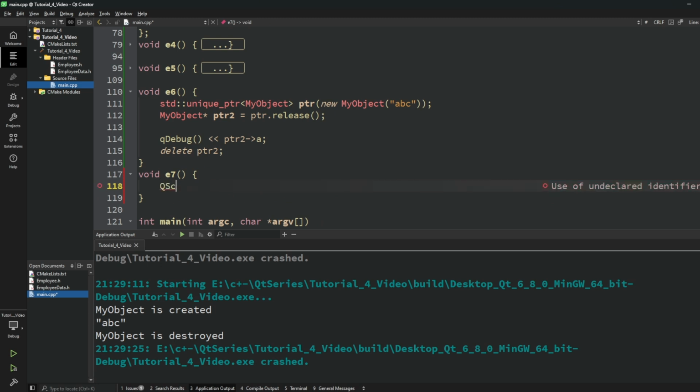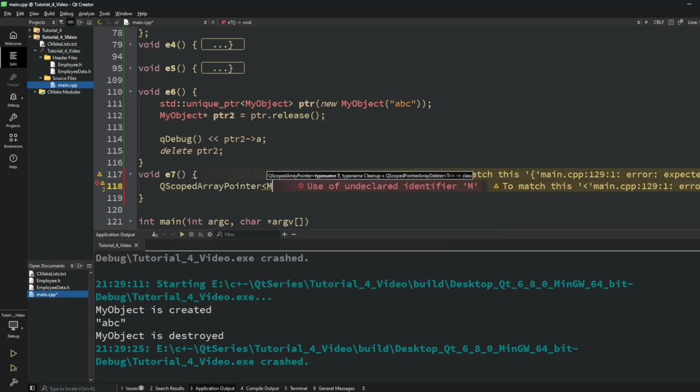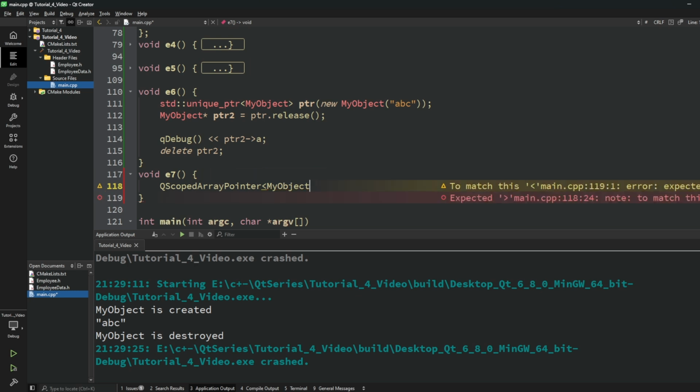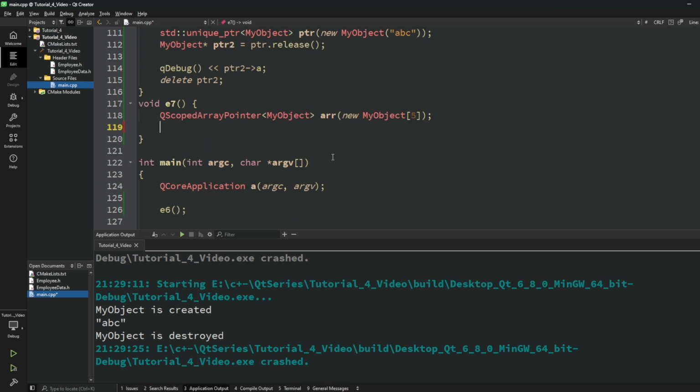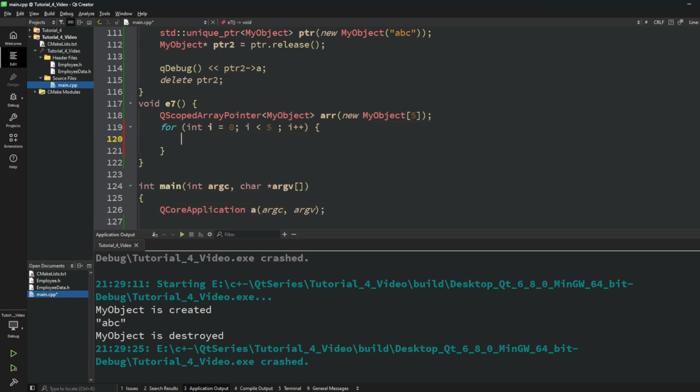Here let's create a QScopedArrayPointer to my object, called array, new, and create it with a length of 5. Let's assign some values to it. So int i equals 1, i less than 5, i plus plus, and the text inside equals, let's say, "obj" plus